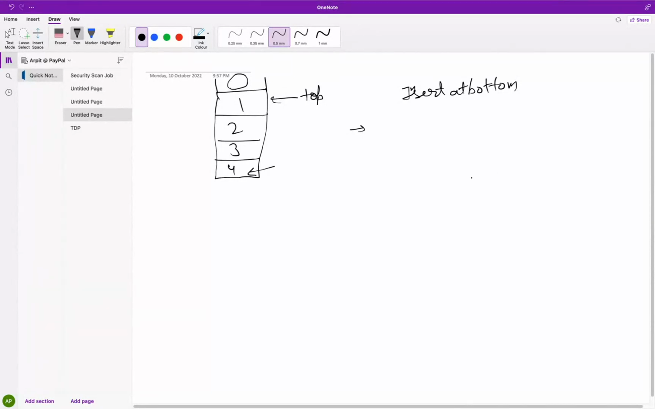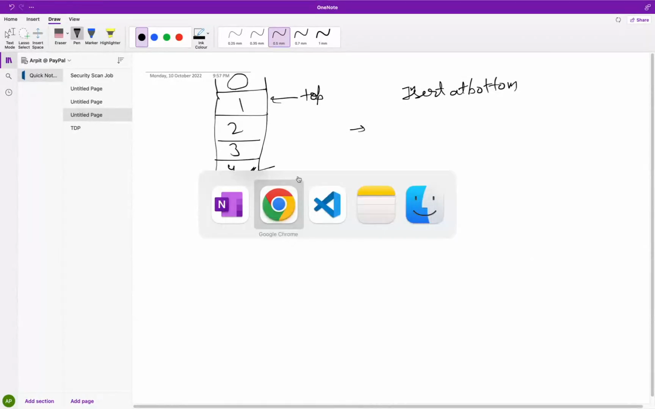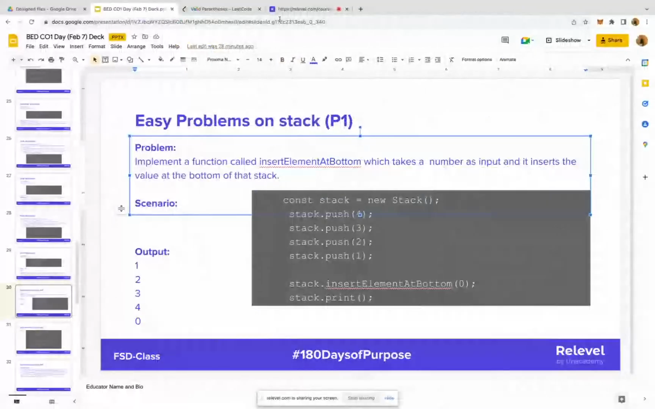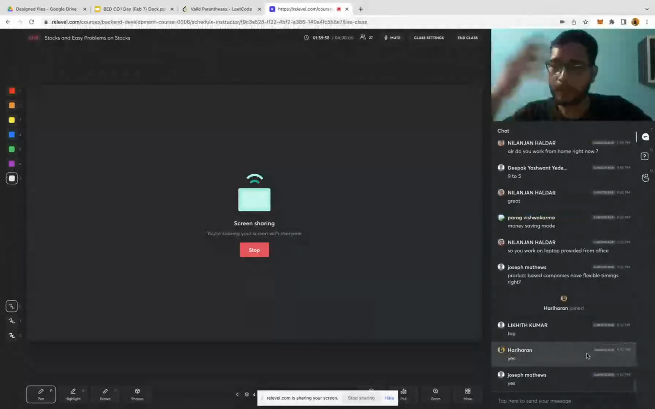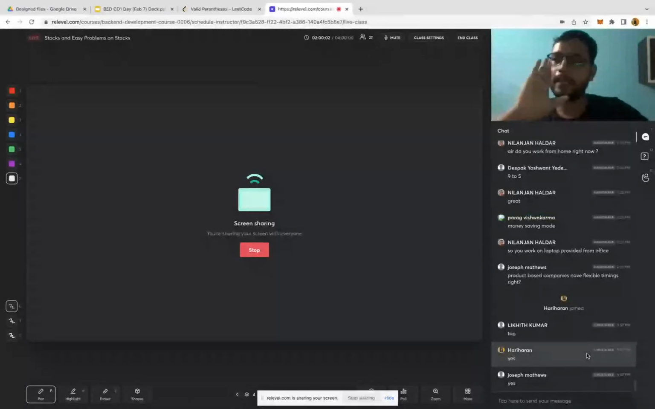what approach does he have to take here? If somebody wants to insert at this place, what approach does he have to take? I will give you some time to think about it. If somebody wants to insert in the stack, just think about a stack right now, not arrays or anything like that. In the stack,